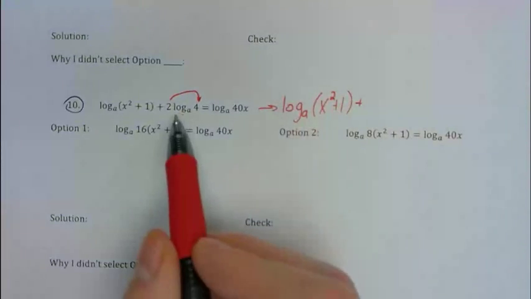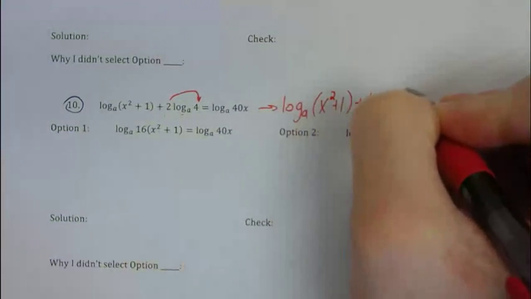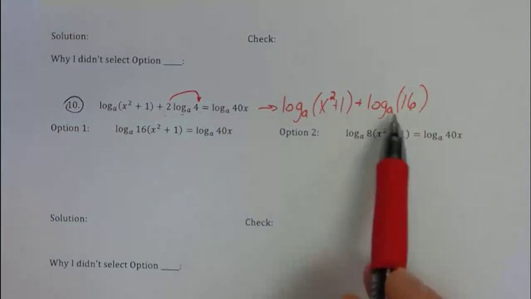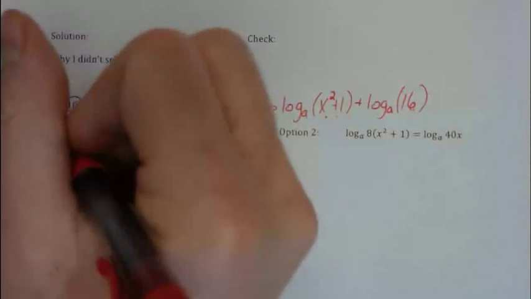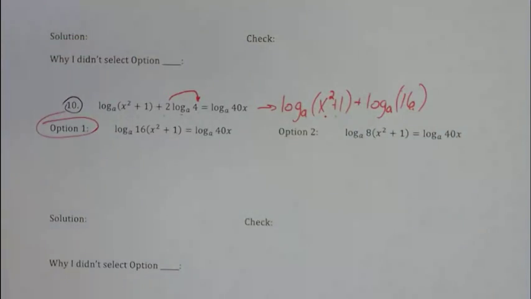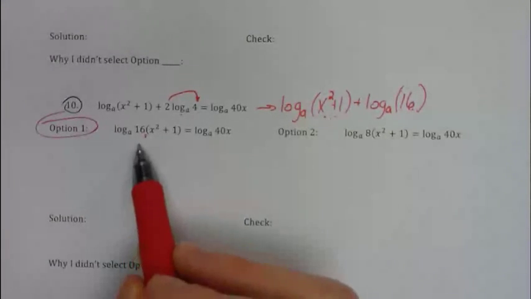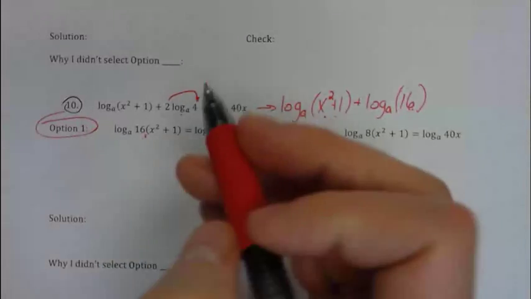And then this 2 is going to square the 4. So I'm going to have log base a of 16 instead. So now we would be doing these two inputs multiplied by each other, and that is what option 1 is telling us to do from there. So now that we have 16 times x squared plus 1,